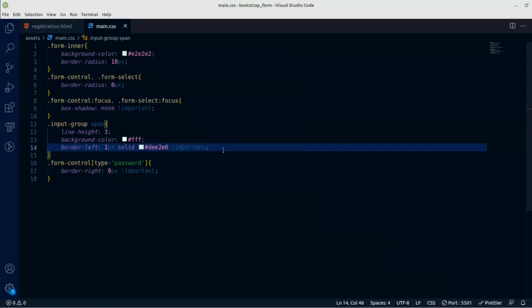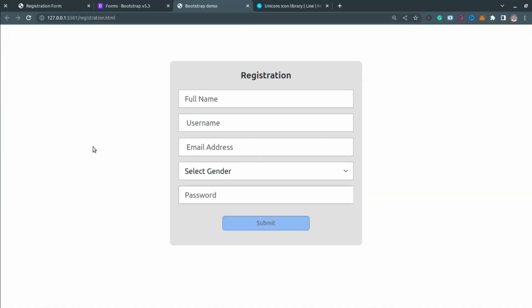Okay, or I just apply border everywhere once, so I have it. Okay, so I'll just leave it like so. All right,